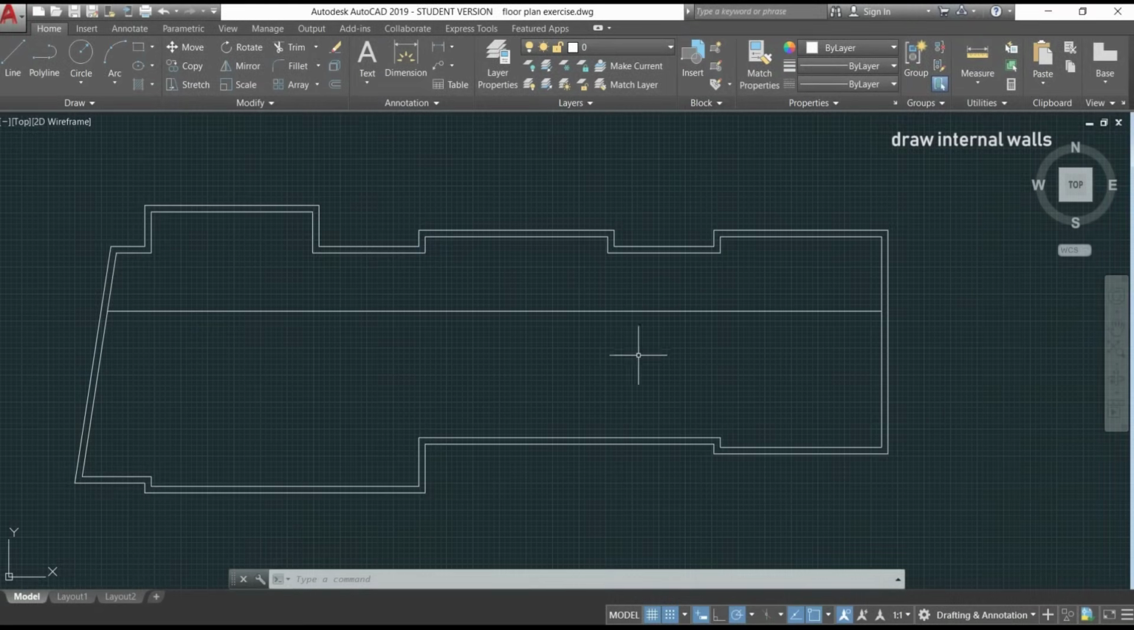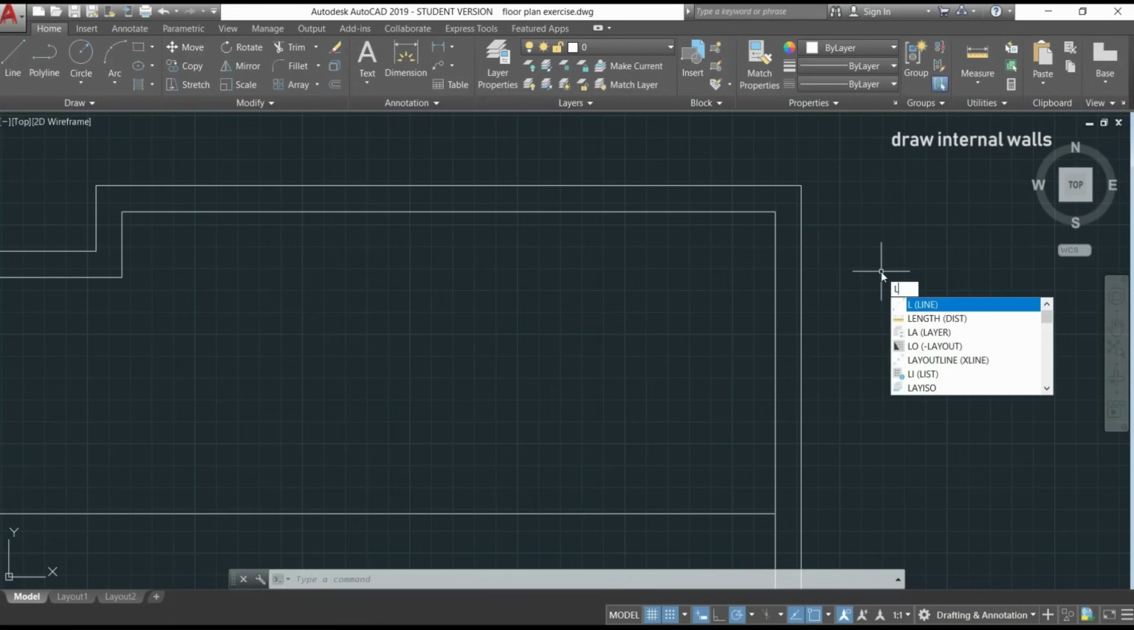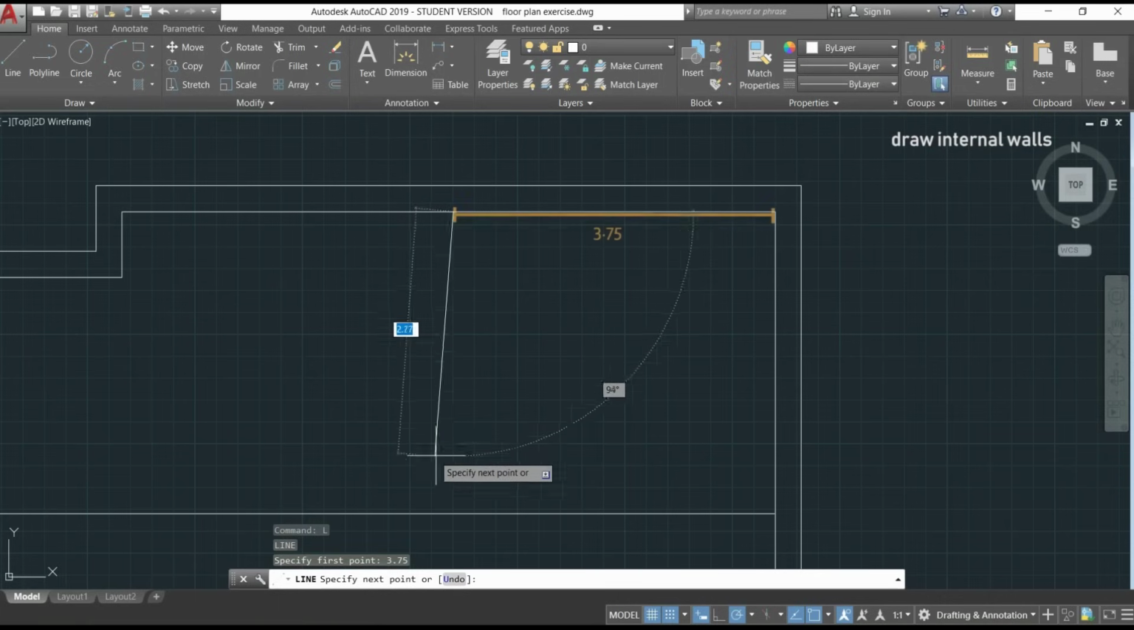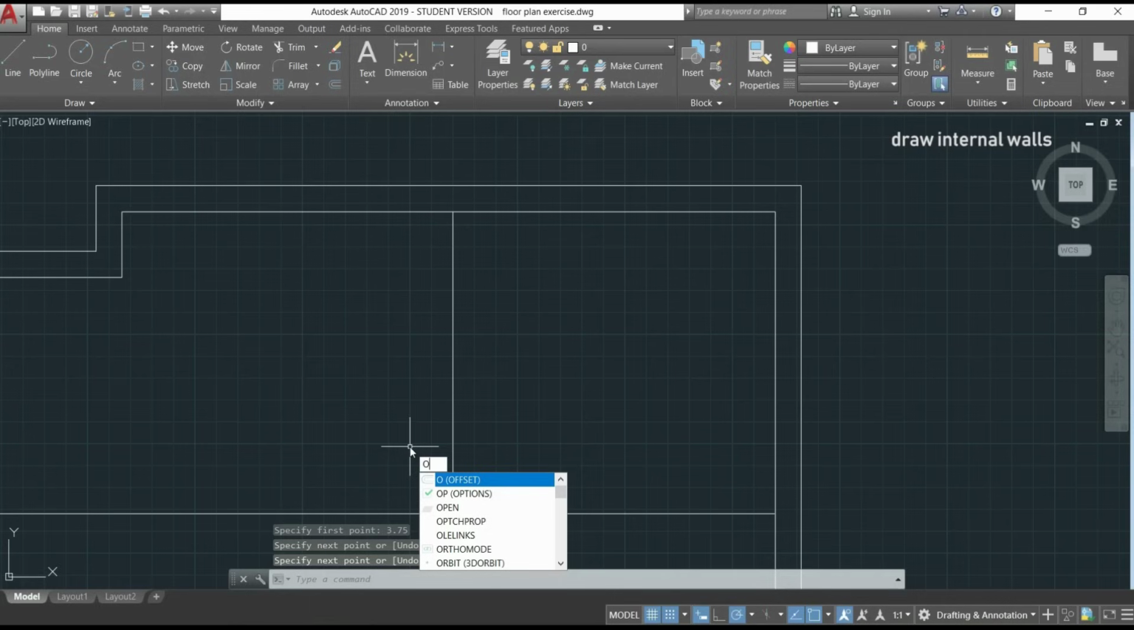Okay, now I will draw the vertical lines which separate the room. For the first room from the right, I will do the same process. I type L, go to this endpoint, move left and type 3.75. I can make a vertical line here until the horizontal line I just created. Then I press escape to exit the command,